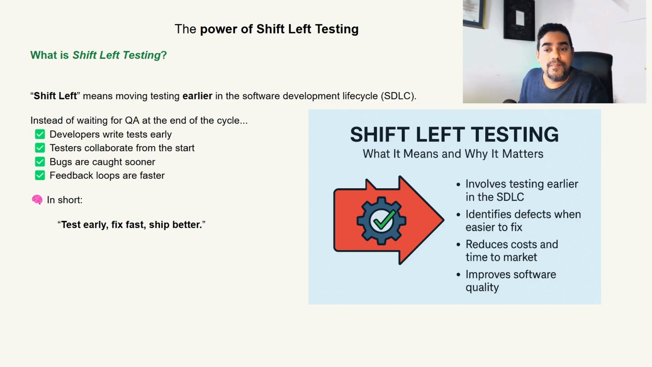On the other hand, what happens with the shift left process? QA joins from the first day of the development life cycle, at the beginning, like at grooming, or even before. And developers write their unit tests as well as integration tests. As a result, bugs can be found at an early stage of the development life cycle, and